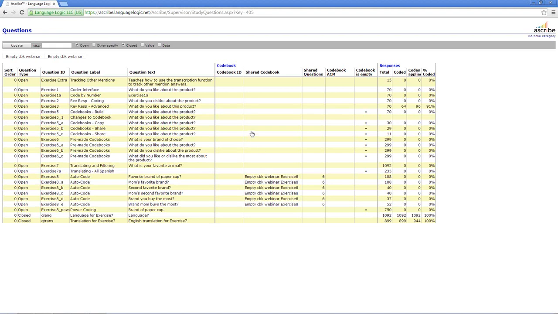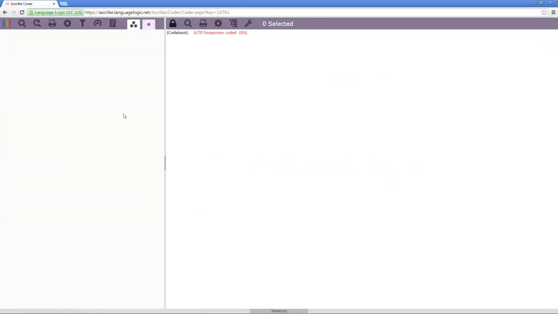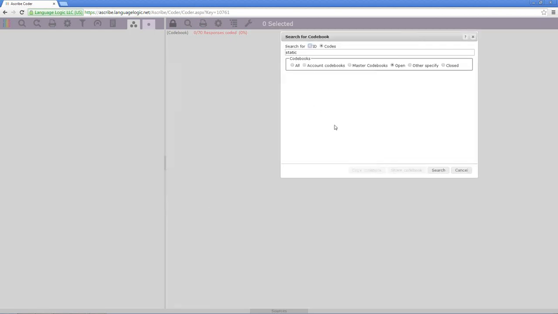All right. So I'm going to start out by talking a little bit about a new functionality that I'm not sure too many people know we have. I'm going to start out by going into Ascribe Coder for a question that has no codebook. When you navigate into Ascribe Coder and there's no existing codebook for that question, hitting the search button opens the search codebook dialog. I wanted to make sure everybody understood that we have this functionality. And this search for codebook allows us to search by code description